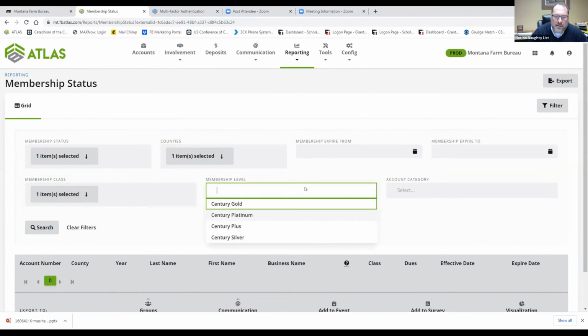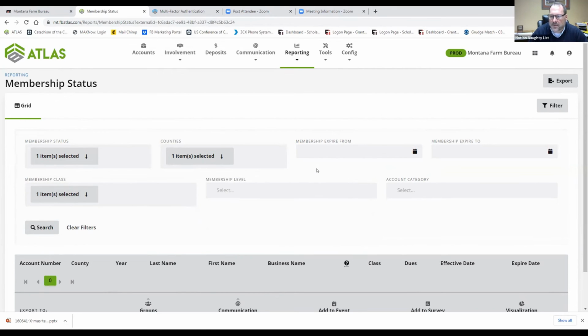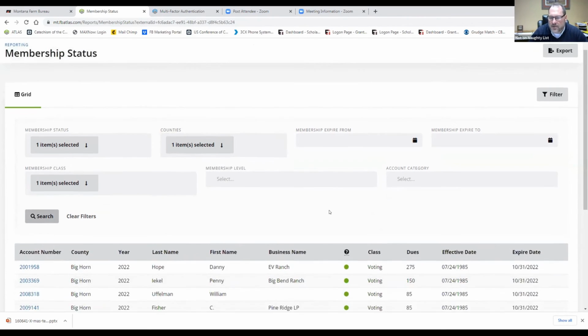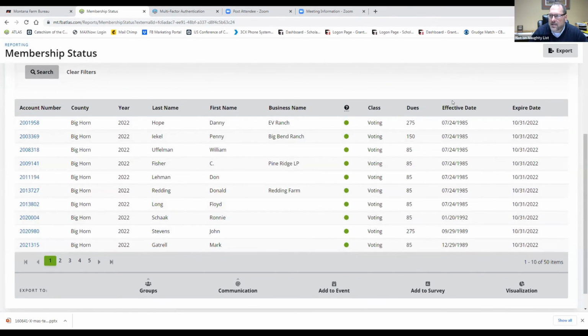I could say I only want to know active voting Century Plus members, but for simplicity's sake, I'm not going to choose anything there. And nothing else is in orange, so I've chosen enough to get my report. At this point, you just click search and it will do its little thinking thing. And you can see in this instance, I got, in just one second, 50 active voting members in Bighorn